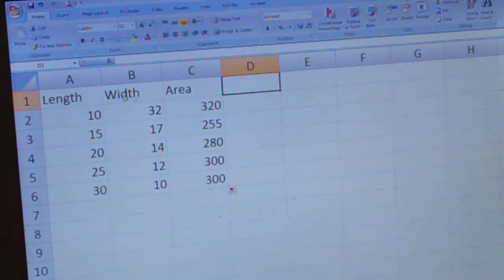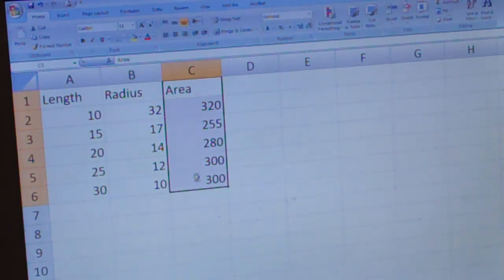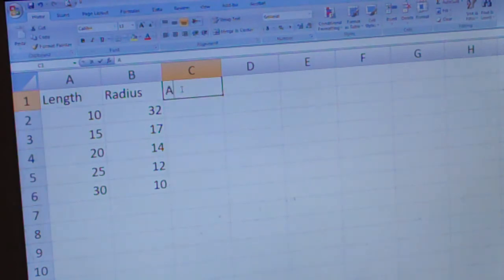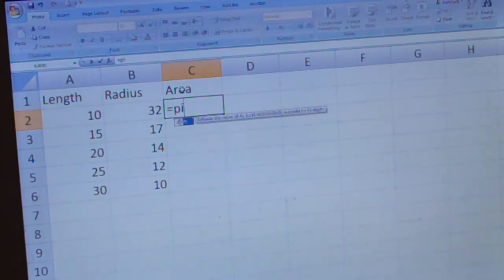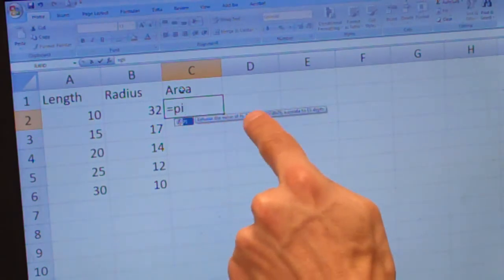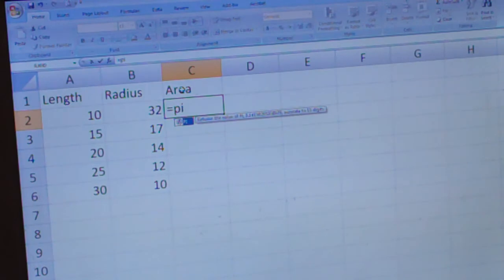What if these were, instead of being widths, what if this was the radius of a circle? Okay, I'm going to delete out my area formula. Okay, and I wanted to find the area of a circle. Well, the area for a circle is pi times r squared. So I can type in pi. It recognizes pi as a built-in function or built-in feature of Excel times, again, this is my radius,